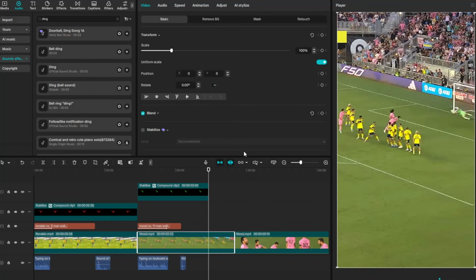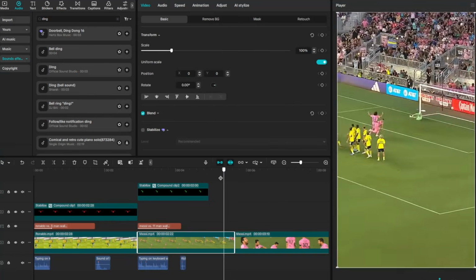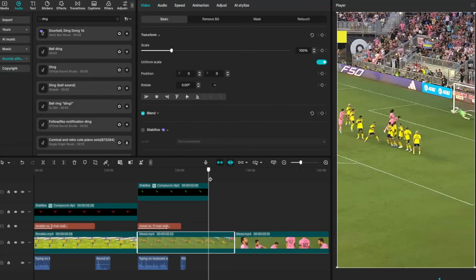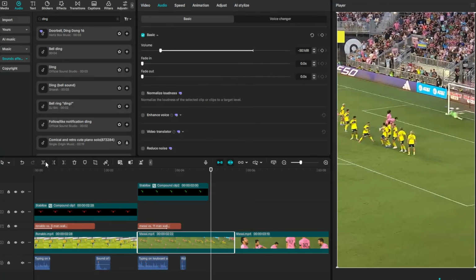So depending on the clip you take, if it's recorded from someone's phone, you can probably use the audio. But if it is a live match commentary, that would probably be copyright, so you wouldn't want to use that audio. For the Messi one, all you can hear are the fans cheering when he scores, so we can use that audio, and I think that would look good when he scores the goal and you hear the crowd roar. So right here, I would probably want audio. Let's go like this.